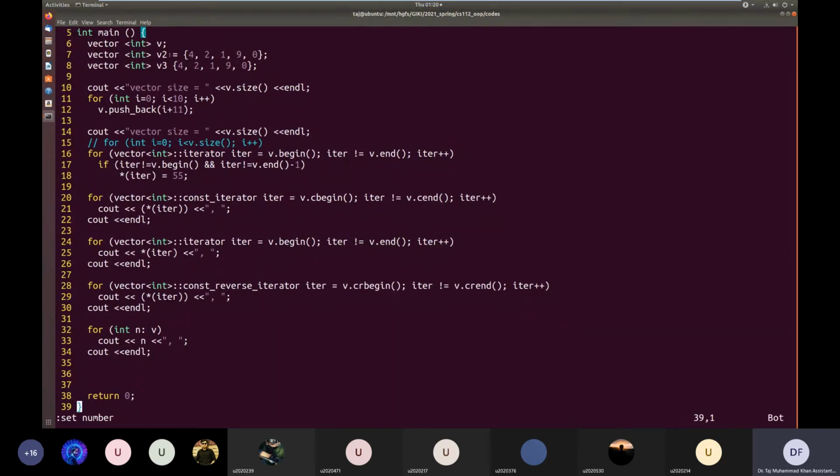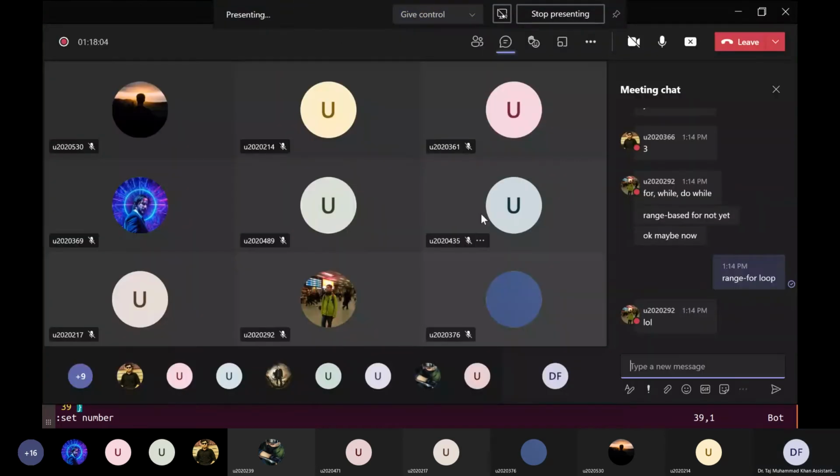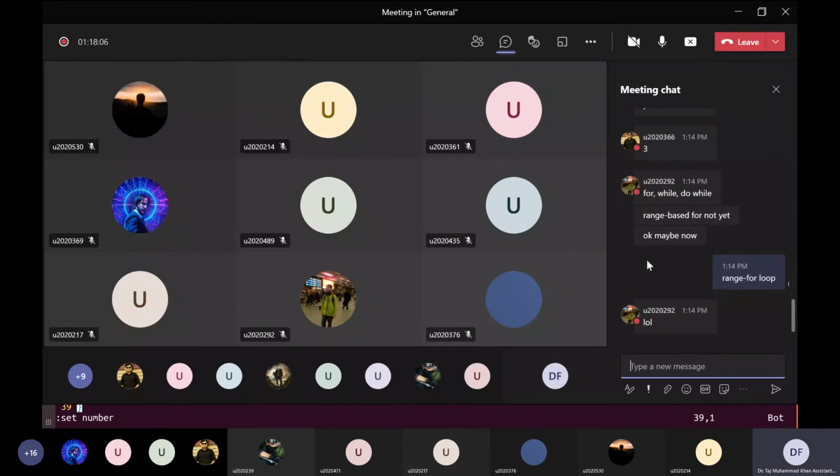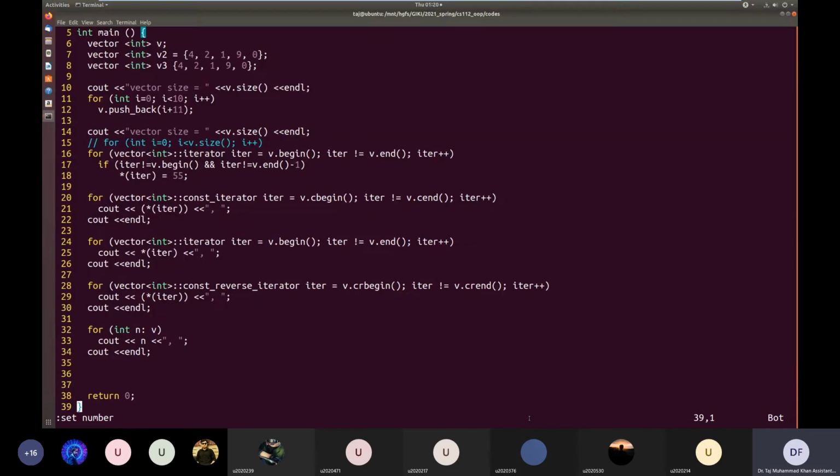Is the syntax of the range for loop understandable? Okay, good. So if it is understandable, then let me ask you a question.